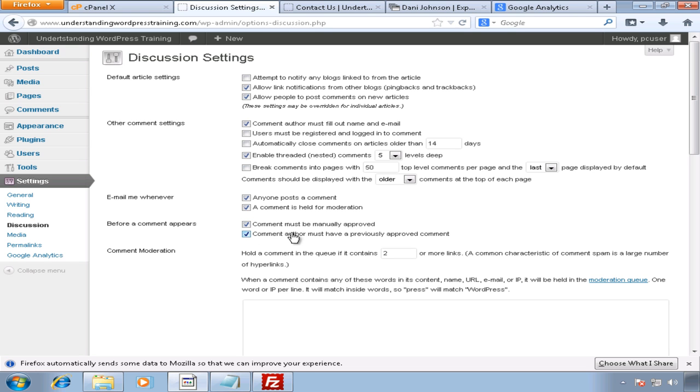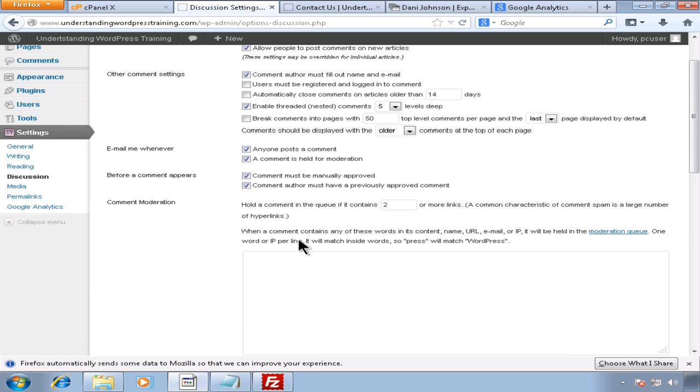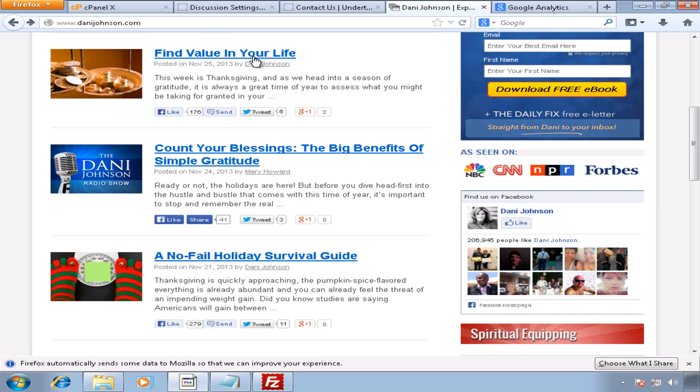Now, I need to manually approve a comment, because if comments are automatically approved, then people can post automatically. And people who have commented before, whose comment has previously been approved, then they can start commenting. So I want to make sure that you guys are clear on this. Anyone can post a comment, that's fine. As you can see here on this side here,